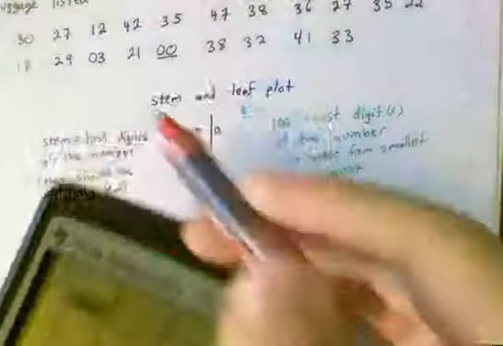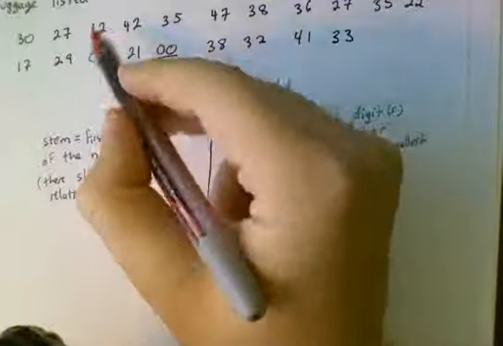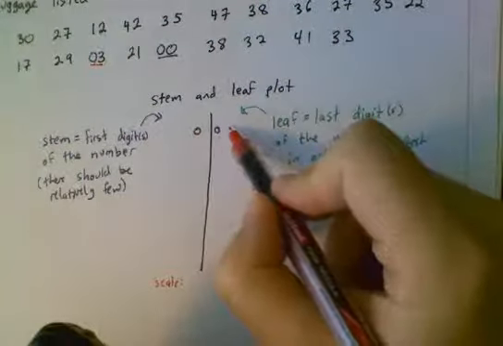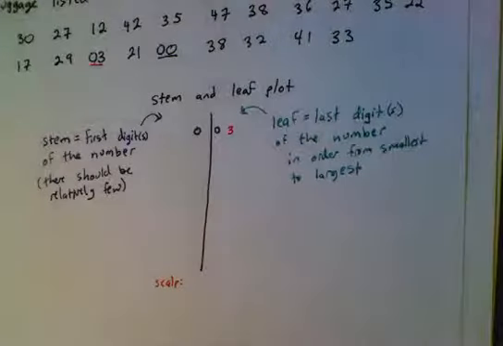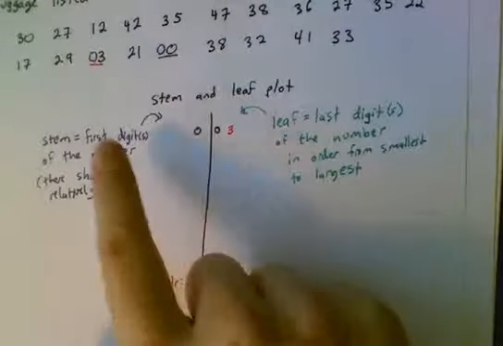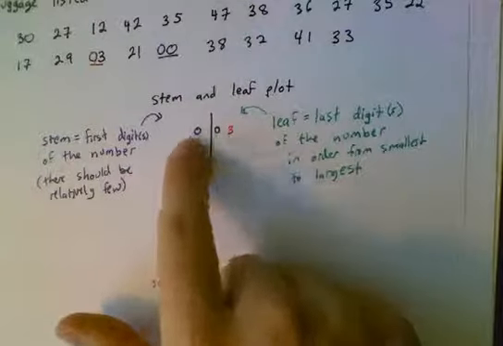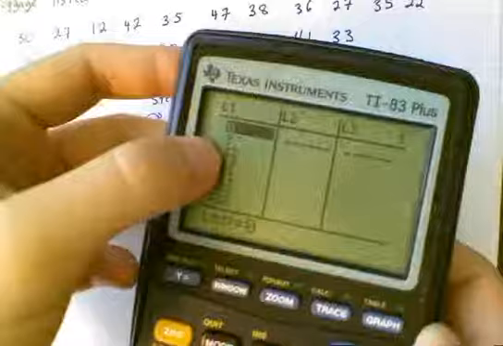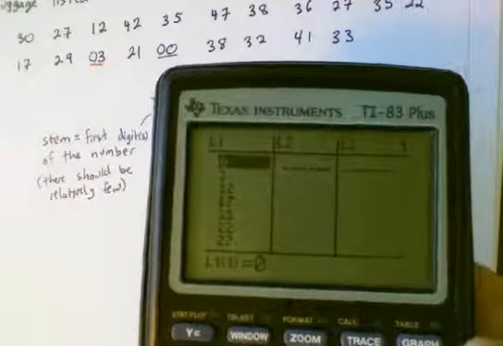Now, for 3, the first digit is 0, the second digit is 3. So I'm going to go 0, leave a little space, 3. That way, if I were to go and read this off, I would say the numbers that I have are 0, 0, and 0, 3. Those are all the single digit numbers, so then we're going to do the same thing